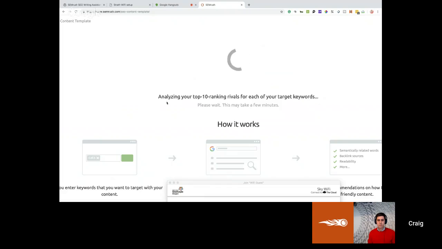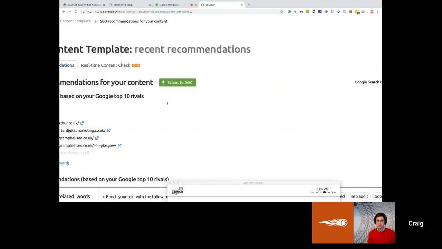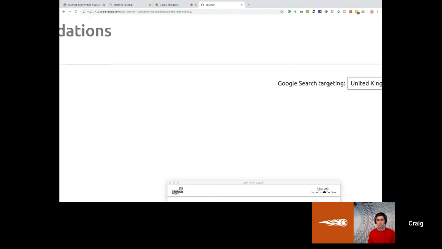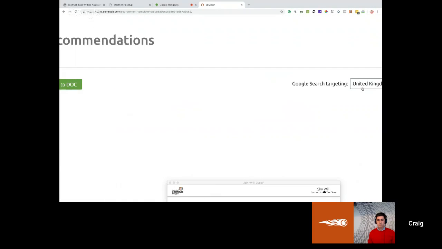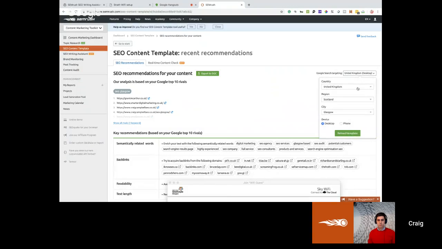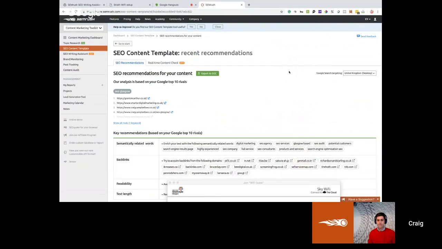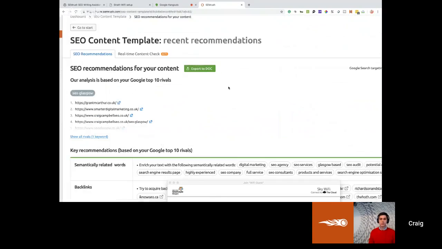You'll see it's just analysing the top 10 ranking rivals for those particular keywords. It takes a minute or so to pull through, and it will give you some recommendations here. First things first, I want to make sure that you get things right. Over on the right-hand side, make sure that you do have the right database. United Kingdom is where I'm based. Obviously, if you're in America, or wherever, Canada, you can select the correct options there. Just make sure you're using the right database so that it is giving you recommendations on the right kind of content. So the search term is SEO Glasgow,